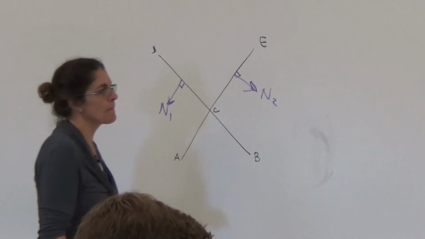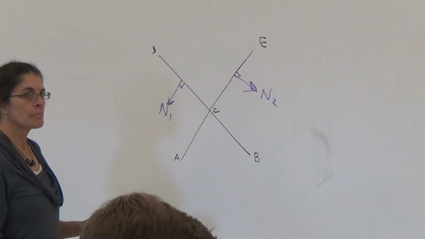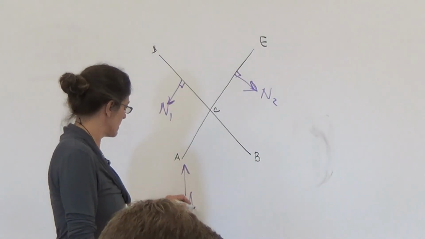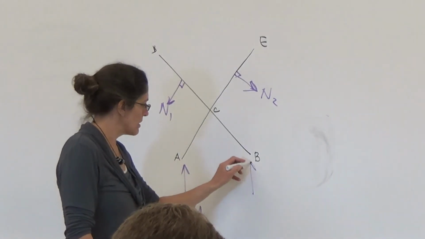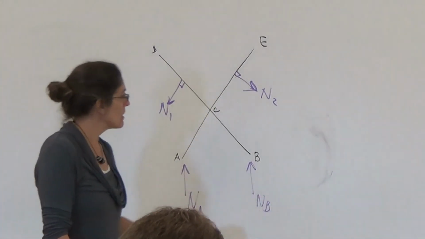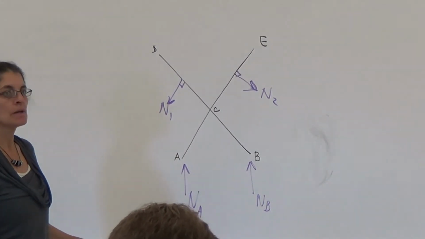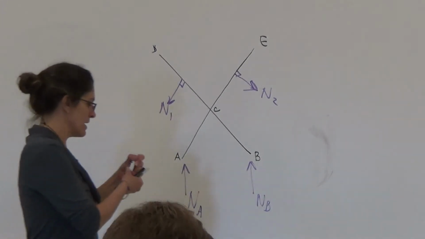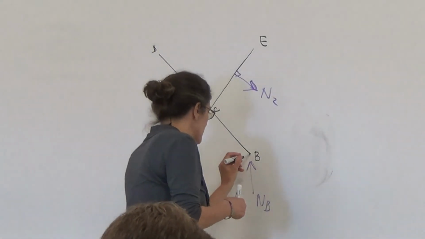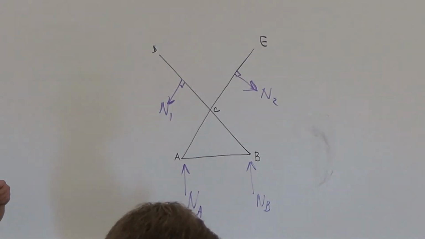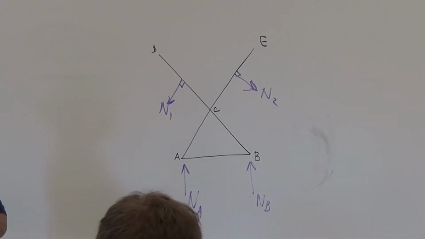What else? Normal at B and A. Right, normal at A and B. What else? Anything else? Oh, if these guys are connected, there's a cable here, right? Yeah. So do I need to draw anything else? Do I need to draw CX and CY? No, because they're